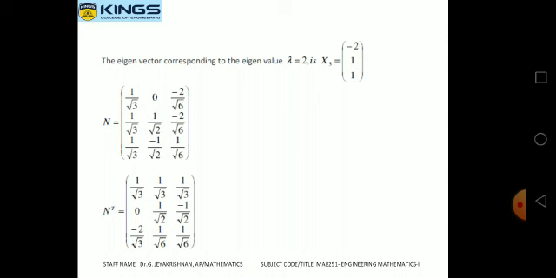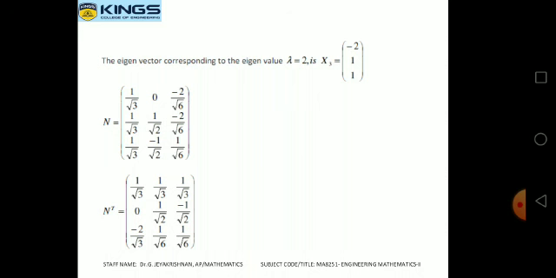The first eigenvector is 1, 1, 1, the second eigenvector is 0, 1, minus 1, the third eigenvector is minus 2, 1, 1. Writing column wise, for the first eigenvector 1, 1, 1, the denominator is the square root of the sum of the squares of the values. Square root of 1 square plus 1 square plus 1 square is root 3. Therefore, 1 by root 3, 1 by root 3, 1 by root 3. For the second eigenvector 0, 1, minus 1, the square of 0 is not needed: 1 square plus 1 square, therefore root 2. So the second column is divided by square root of 2. The third eigenvector is minus 2, 1, 1: minus 2 squared is 4, plus 1 square plus 1 square, therefore root 6. So the third column is divided by root 6.